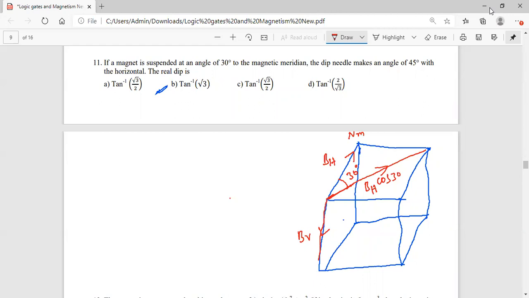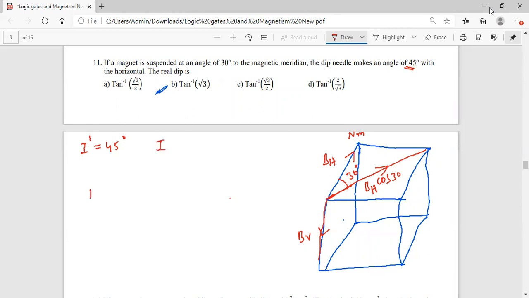Next, they have given the inclination, magnetic dip or inclination, that is I dash. They are given I dash is equal to 45 degree, when the magnetic needle makes an angle of 30 degree with the true geographic north or magnetic meridian. If the magnet is in the magnetic meridian, what will be its dip? So you have to calculate the I.